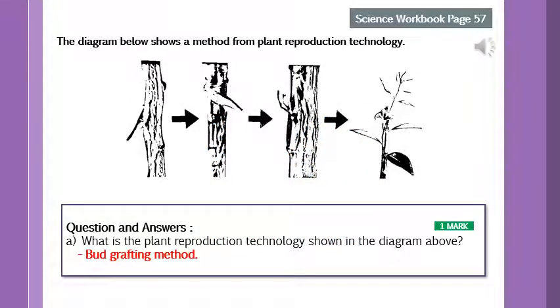Let's read the instructions. The diagram below shows a method from plant reproduction technology. So, which method of plant reproduction technology is this picture? Is it tissue culture? Marcotage? It looks like marcotage, right? But it's not marcotage. Okay, so do you still remember the slides that I shared with you regarding bud grafting